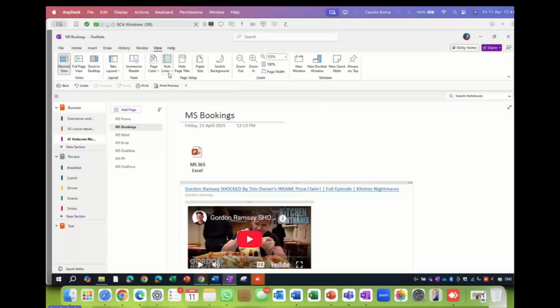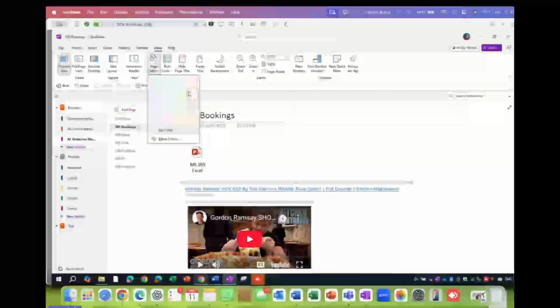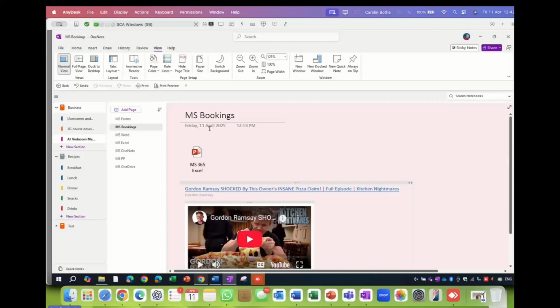You can get ruler lines, but you can get it on the other page as well. If you don't like white, you can go for a more pinkish color, or orangey it looks like to me. You have your Immersive Reader here where it can read your text for you, exactly the same as we had yesterday. And then you can have your tabs.